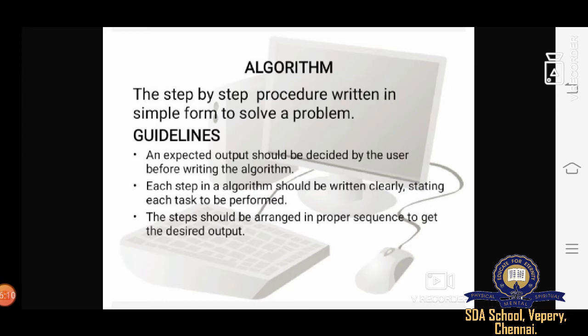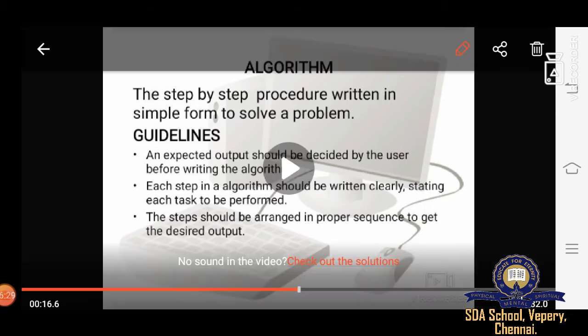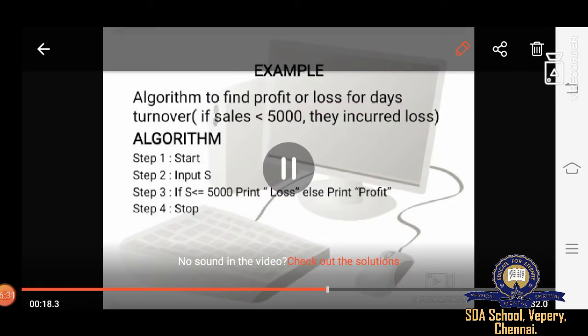These are the steps we need to follow. Then we create a program and place it in a proper order. If the program is correct, then only we'll get a correct output from that. Students, I hope you all understood.